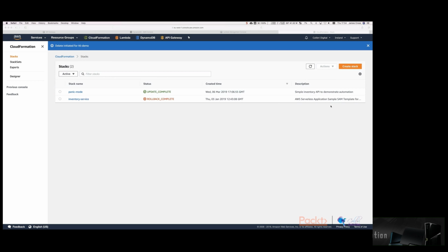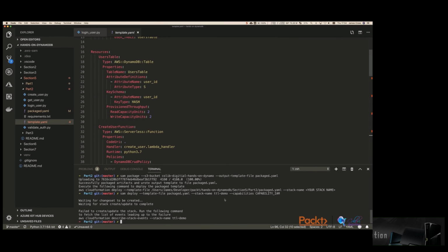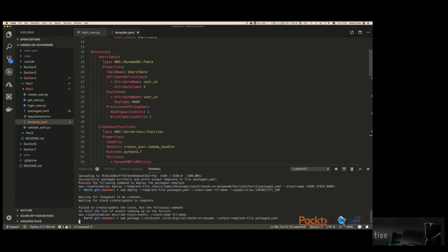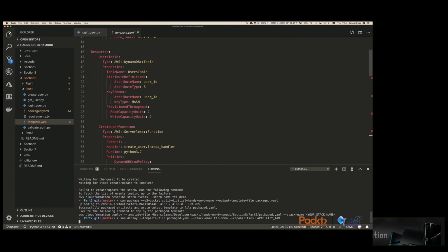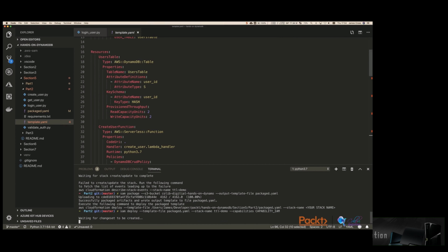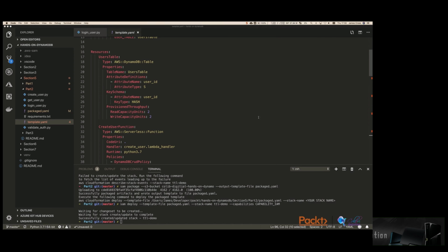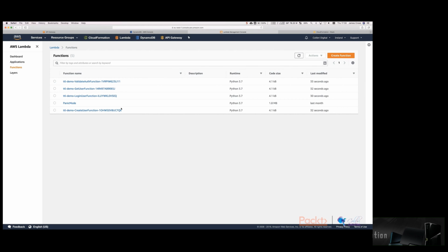Okay, so that's just finished running for me. It took maybe about a minute. And what we're going to do is we're just going to repackage the stack and run a deploy again, and I'll just pause the video while that runs because that will take a couple of minutes. So that's now finished. Now hopefully if we go back and refresh on the Lambda console, we now have 4 functions,